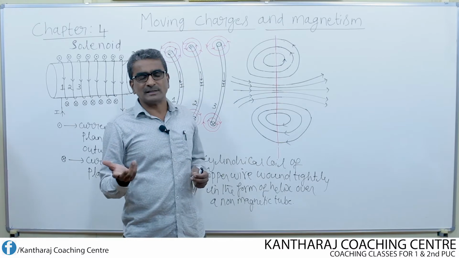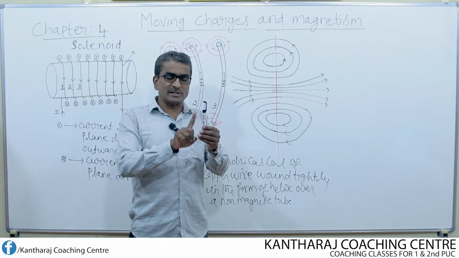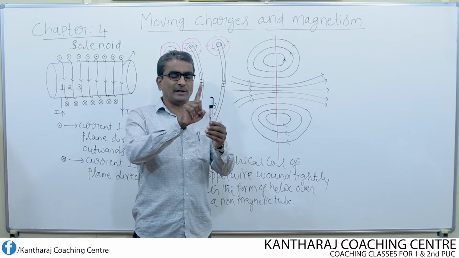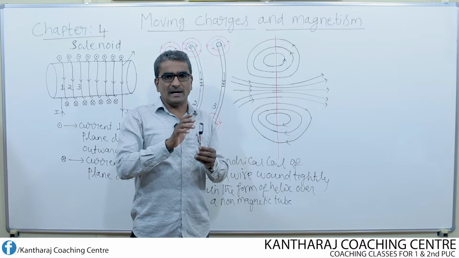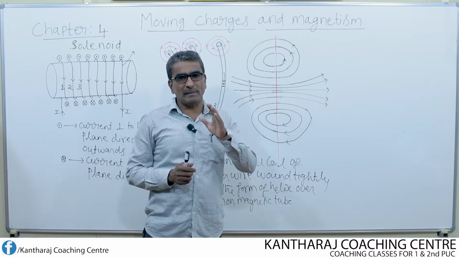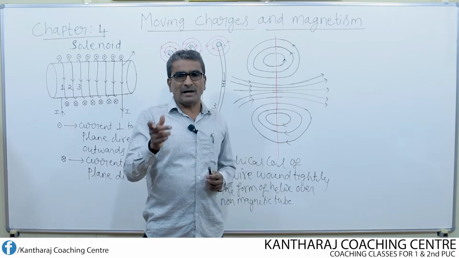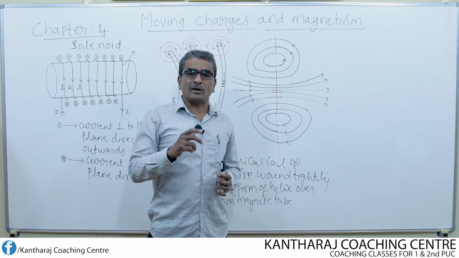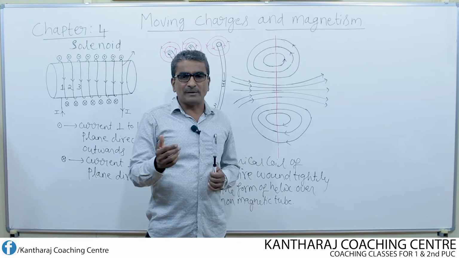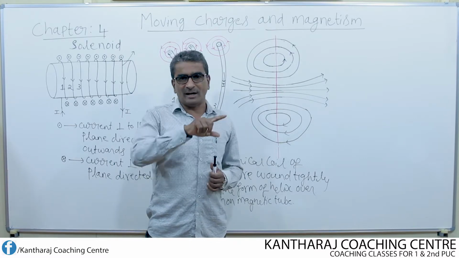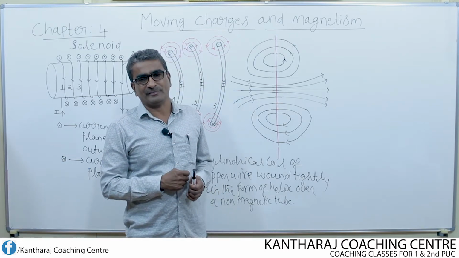And the other methods of producing the magnetic field are by passing the current through a straight conductor, either in the upward direction or in the downward direction. If you pass the current, then all around the conductor there will be a magnetic field. Then one more method is by passing the current through a coil of copper wires. Coil of any shape, either a circular coil or a square shaped coil or even a cylindrical coil.